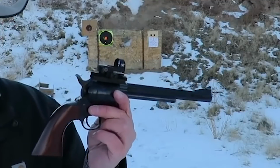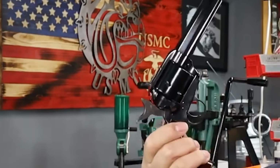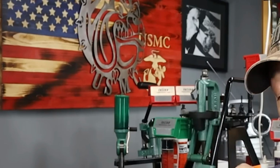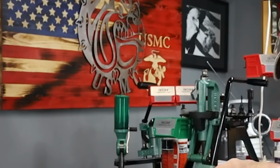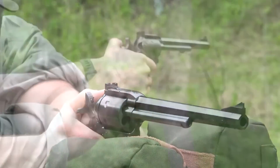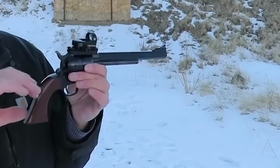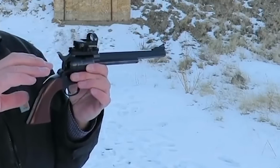The cylinder chambers are not recessed to enclose the cartridge rims, making the Bad Boy's useful length 1.75 inches. The fit and finish on all parts of the gun, including the metal-to-metal and wood grip panels, are impressive. The Bad Boy features a hammer-mounted floating firing pin, which is correct for a retro design. However, there is no transfer bar system and the gun must be carried with the hammer down on an empty